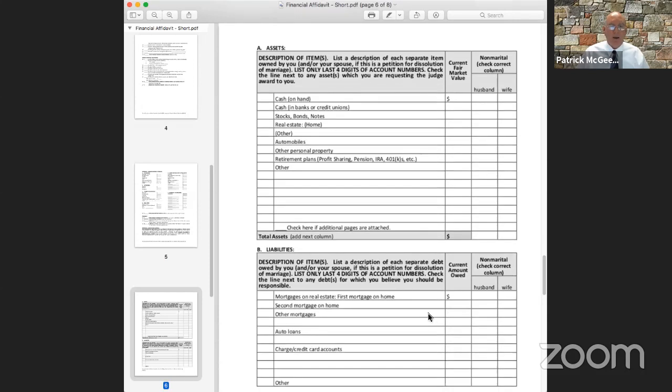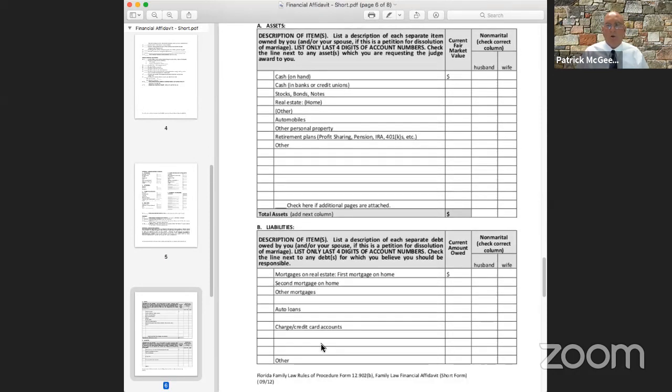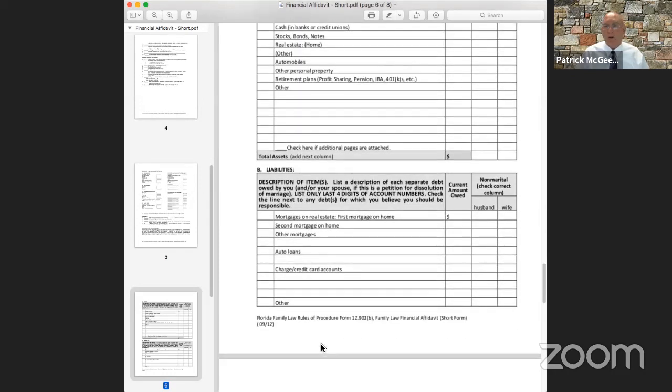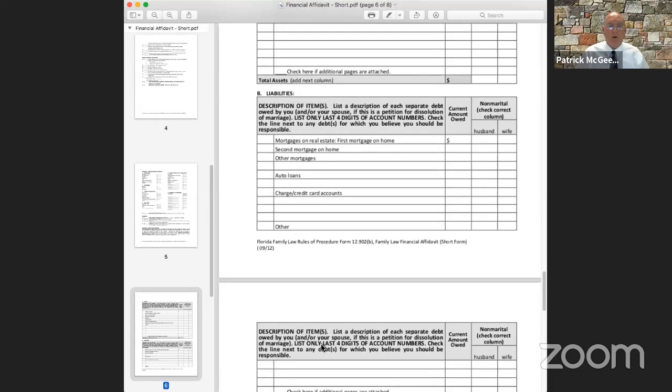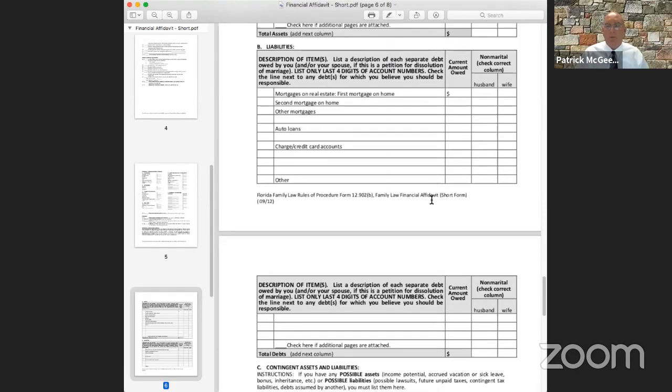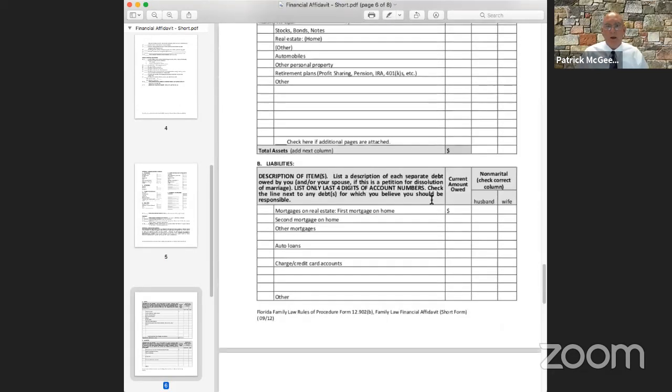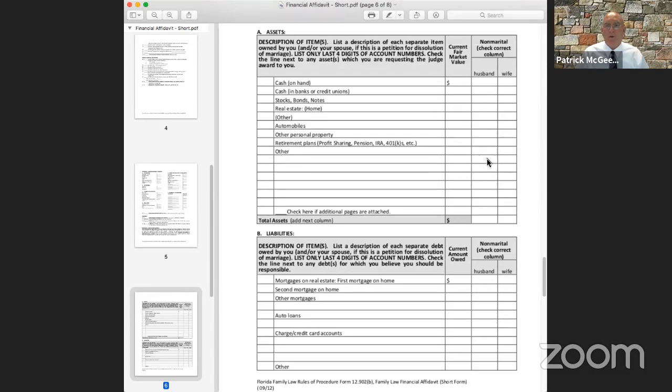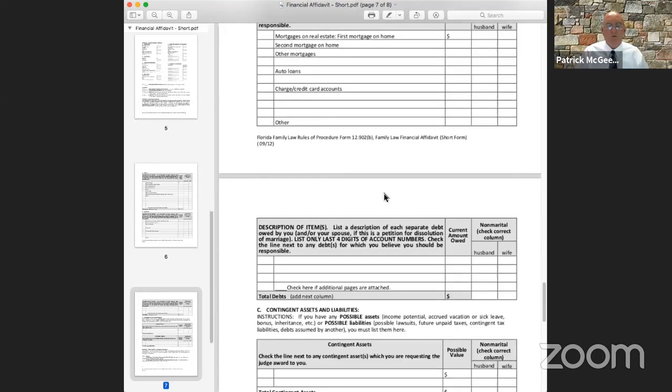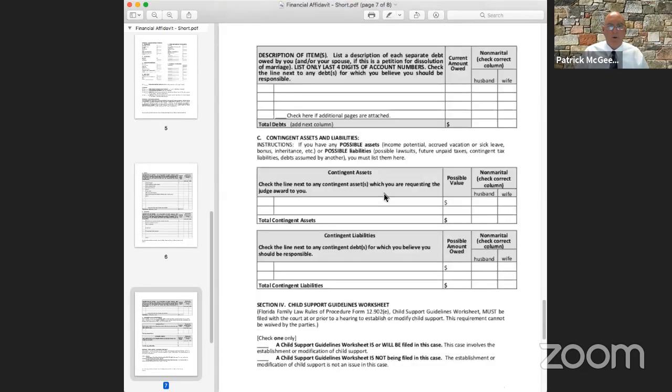Then you subtract from that total the amount of mortgage on your house, the second mortgage, other mortgages, auto loans, credit card accounts, all other creditors, student loans, medical bills that you're paying off monthly. You would put all those in here and add them up, and those would become your liabilities or your debts. If something is non-marital, whether it's a liability or an asset, you can check off husband's non-marital or wife's non-marital, whichever item is applicable. Then when you have those amounts, you have your assets and you have your liabilities, you come down